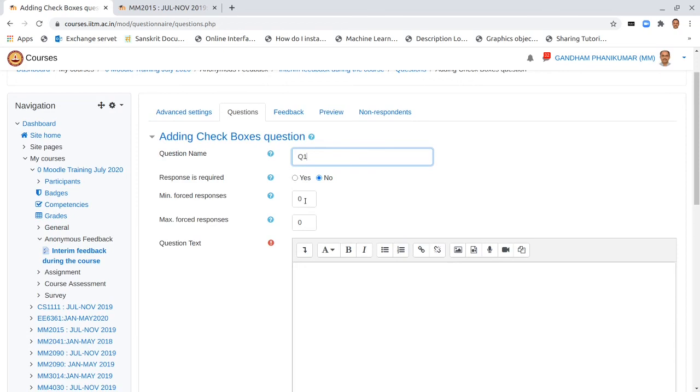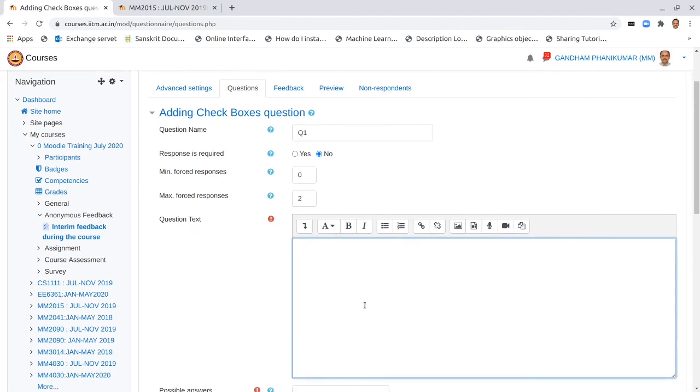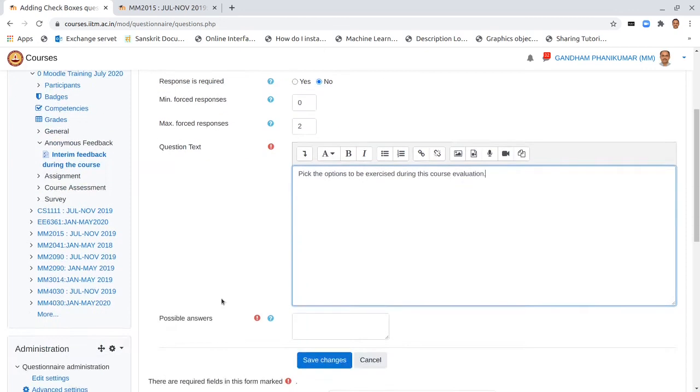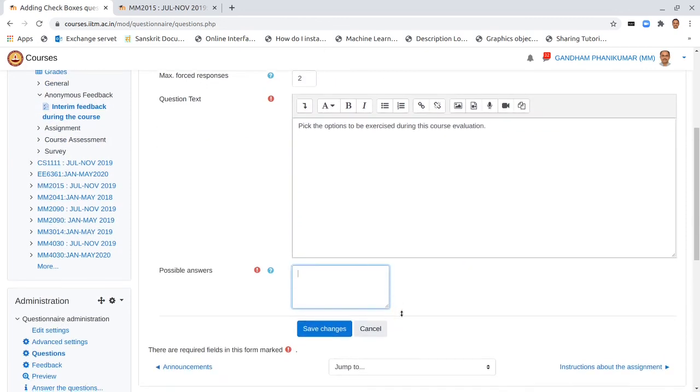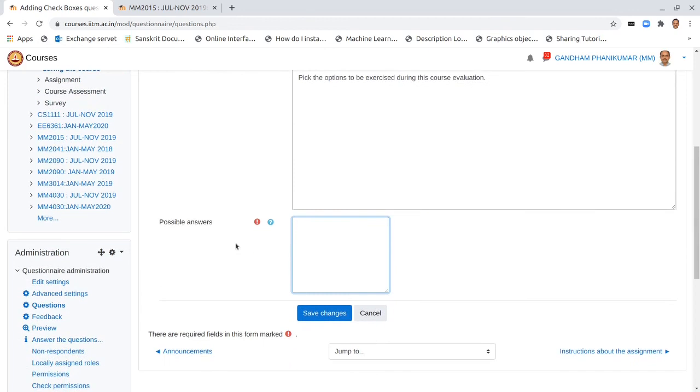So we can say that if you choose not to pick any, that's fine, but you cannot choose, let us say, more than 2. Okay, and we have to give some description. We can say pick the options to be exercised during this course evaluation, let us say, and here is where we are supposed to give the answers. So these are the various options. So here we would say like this,